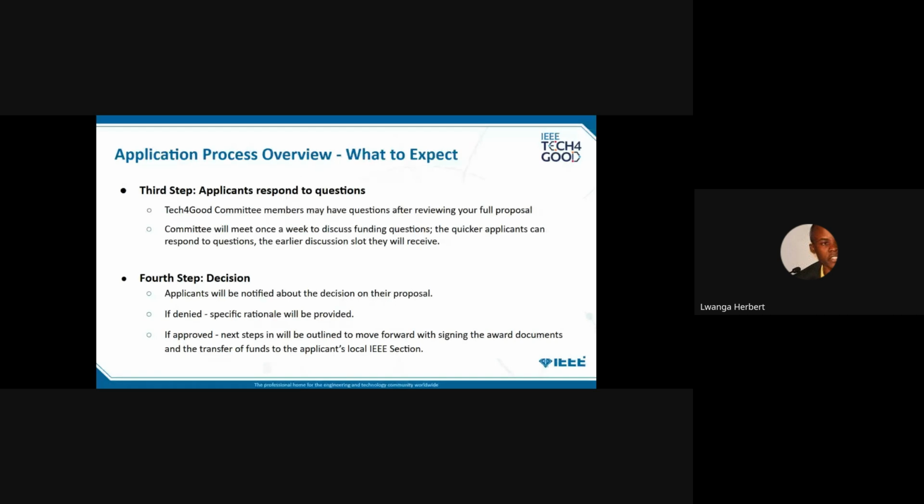The fourth and last stage is the decision making. Applicants will be notified about the decision on their proposal. If denied, a specific rationale will be provided. If approved, a specific rationale will be provided, and those next steps